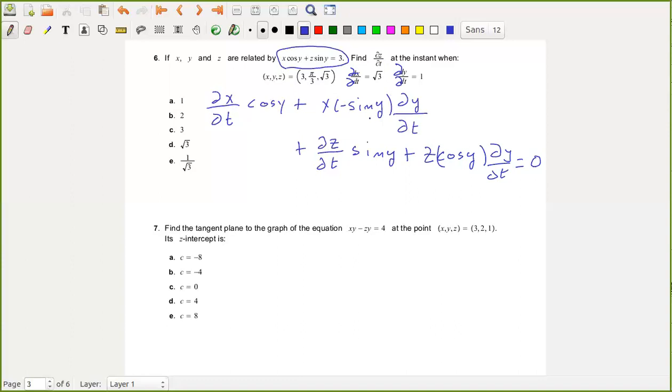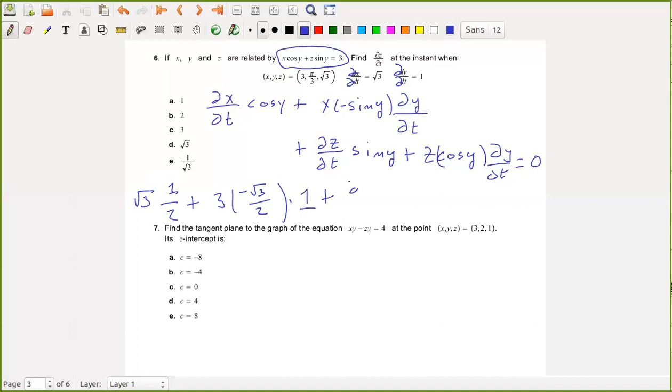Okay, and now we're just going to plug in everything. The partial derivative of x with respect to t, we're given that's the square root of 3, times cosine of y, which is pi over 3, so cosine of pi over 3 is 1/2, plus x is 3, times minus sine of y, which is pi over 3, so that's minus the square root of 3 over 2, times the derivative of y with respect to t, that's 1,